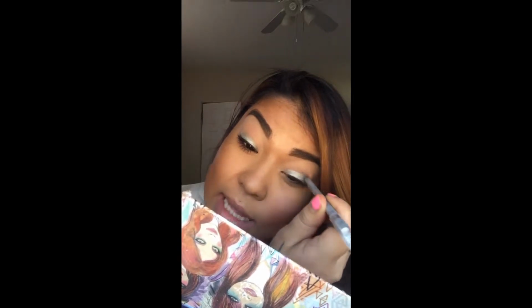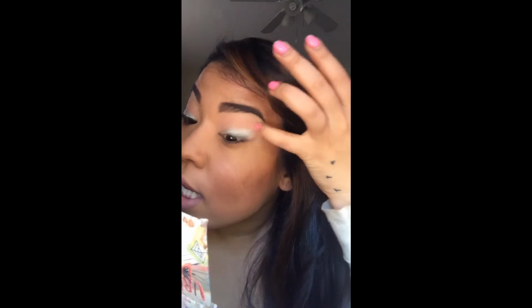You can use this as just an eyeliner. When you use it as an eyeliner or to line your waterline, always set it with a powder in the same color, like an eyeshadow in the same color. Set it so that it will not smear or budge or go anywhere, because eyeliner tends to be really creamy and creases. So now you see it's messy. I really don't care. I just put it on the eyelid, and all you're going to do is, because you have the paint pot on, the edges on the top are still a bit creamy. So just kind of drag the edges upward into that,